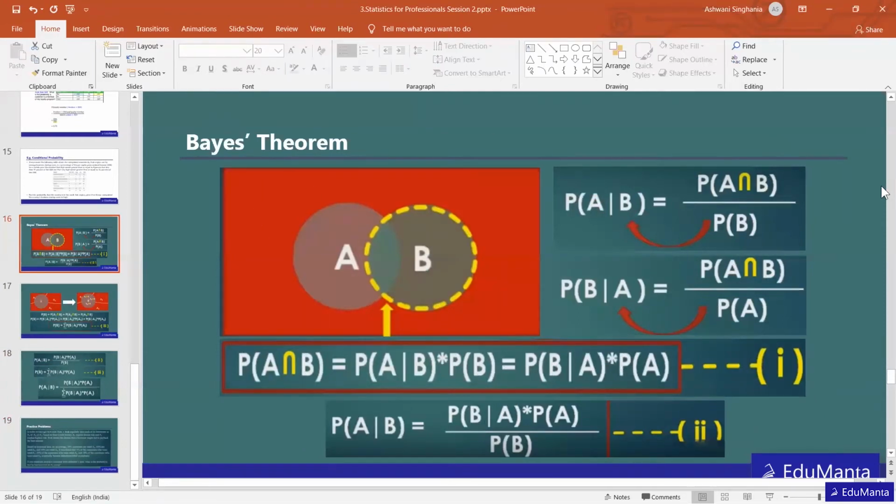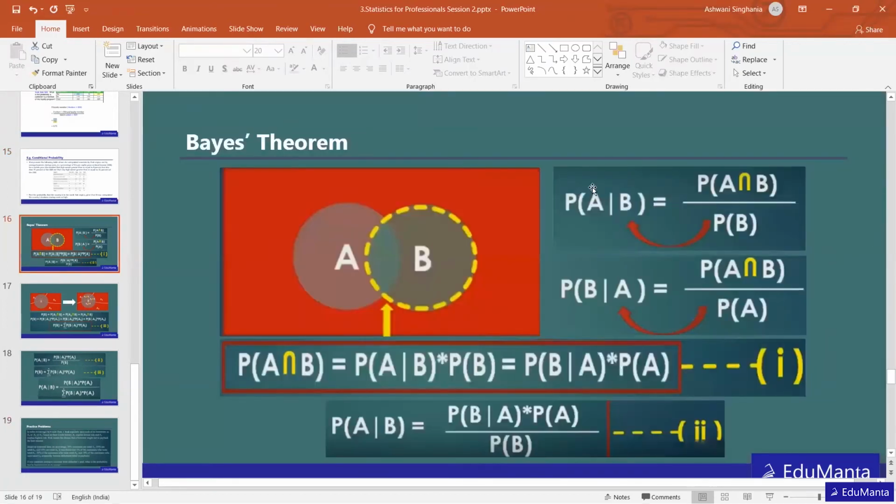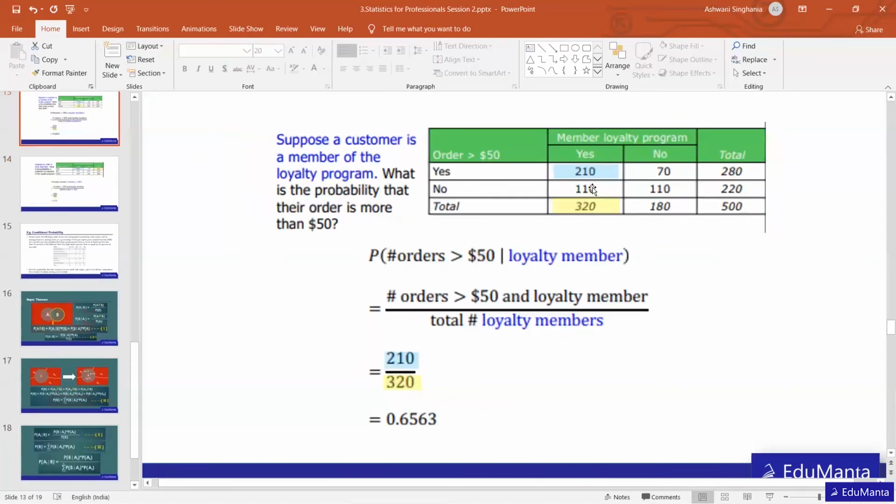So we already know the formula for probability of A given B: probability of A intersection B divided by probability of B. For example here, this was the B. Here actually this is the table. That's why we are directly calculating the numbers and using them to calculate the probability. But if we look into